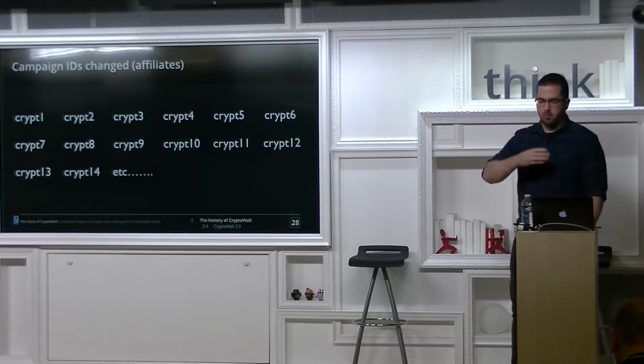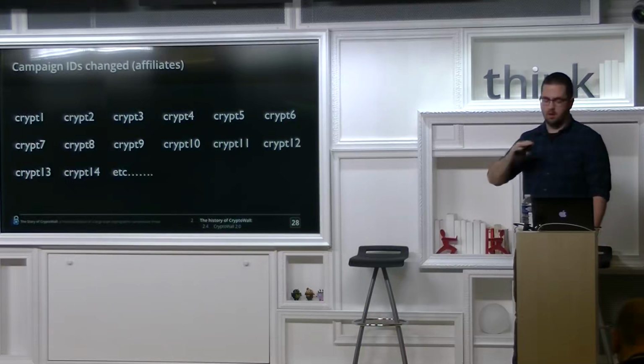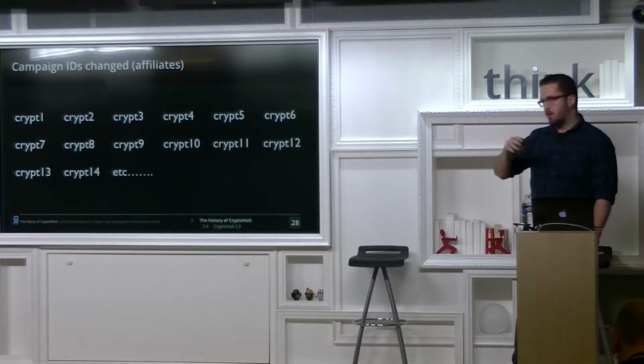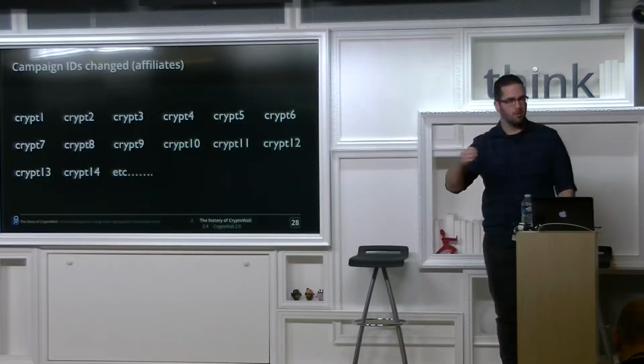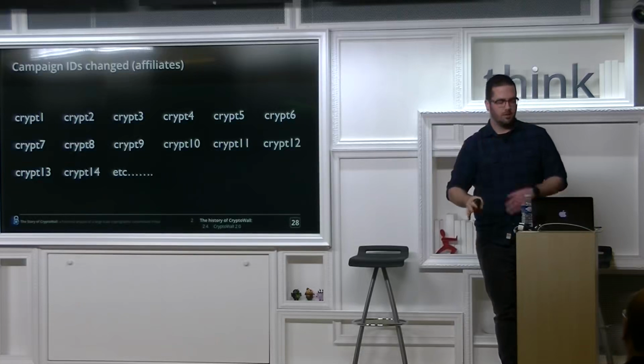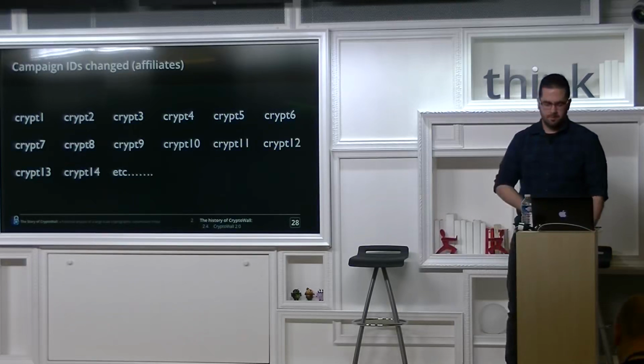And you would see these crypt 1 to, currently it's on like 3,000 or something. There are a whole lot. You could see that it was affiliates because in-between numbers would disappear, so affiliates would drop off. It wasn't consecutive version numbering that would just go on and off. You could see different versions or different campaign IDs appear, some of them disappearing over time.